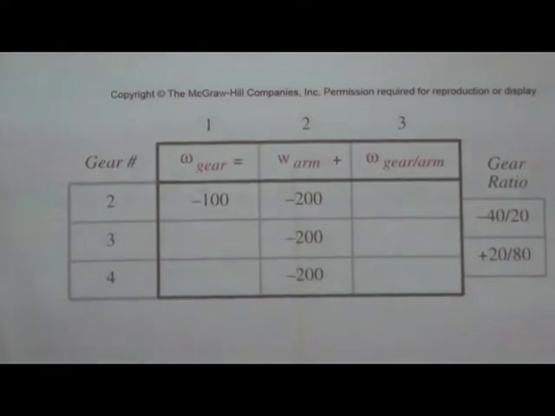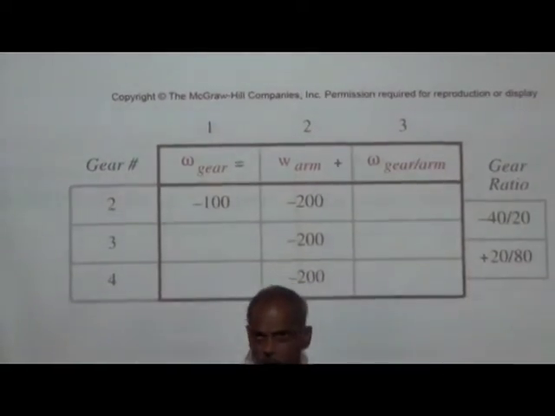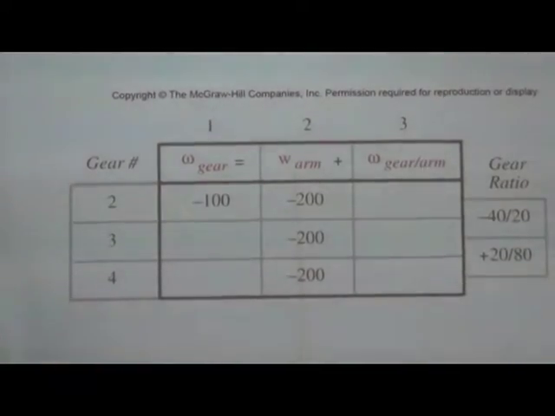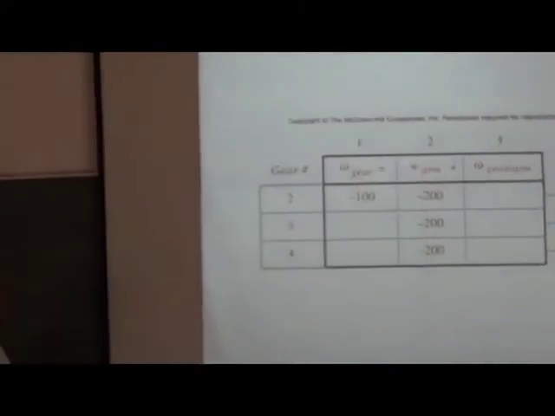Okay, so these data are known. We just entered them from whatever is given in the problem statement. It should not be 20 by 40, it is 40 by 20, because you have to take the number of teeth in the input gear divided by the number of teeth in the output gear. It cannot be interchanged like that.